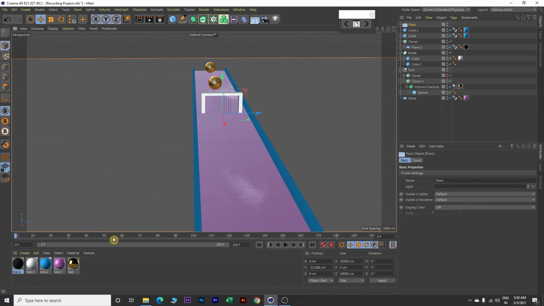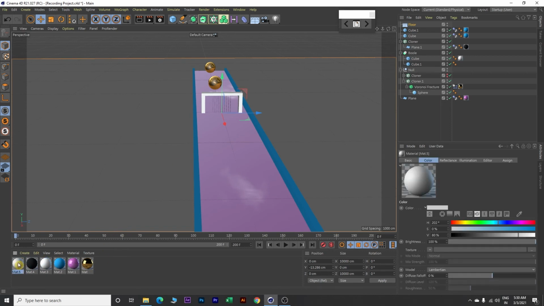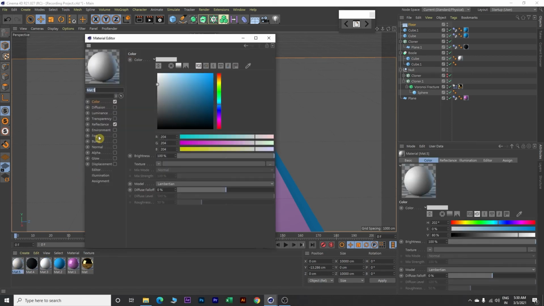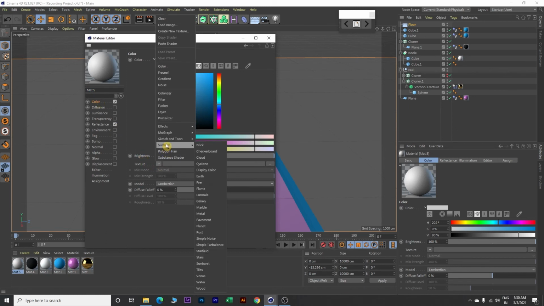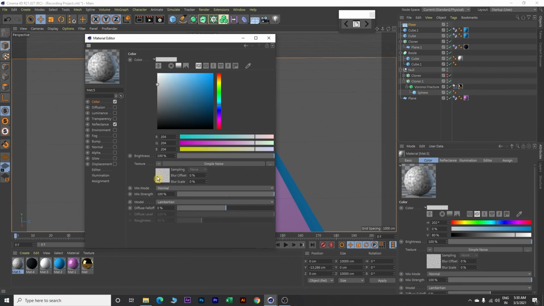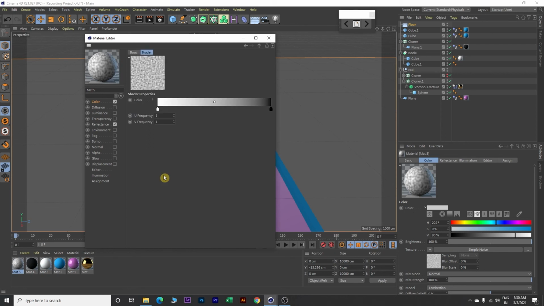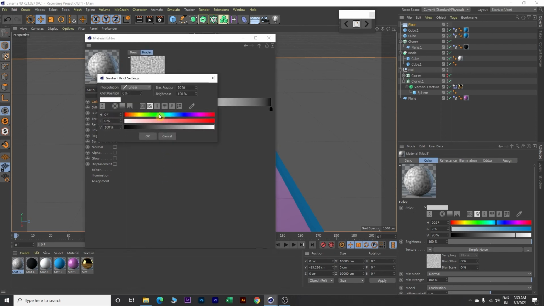Perfect. Now double click over here, create new material, click on color, and over here on texture, go to surfaces and select simple noise. And on this color, double click over here, double click on first color and select green, light green, click OK.